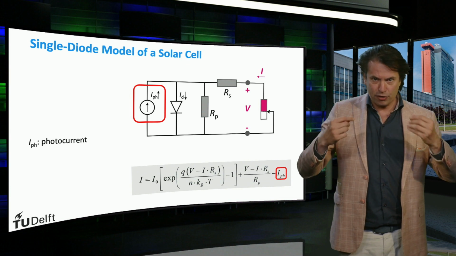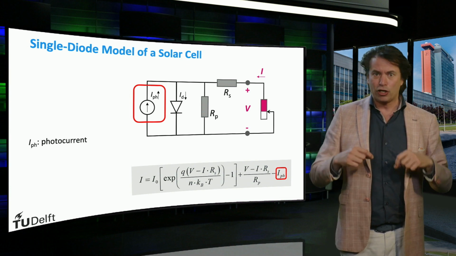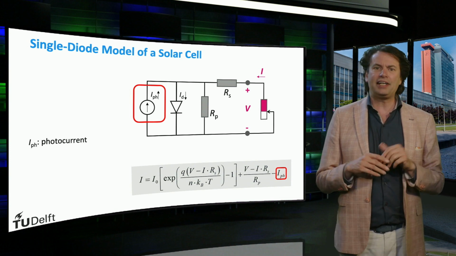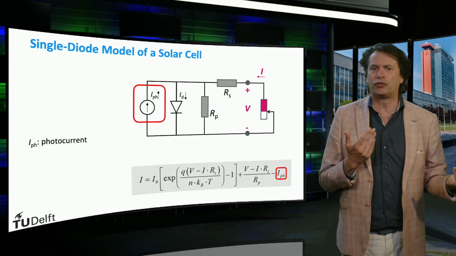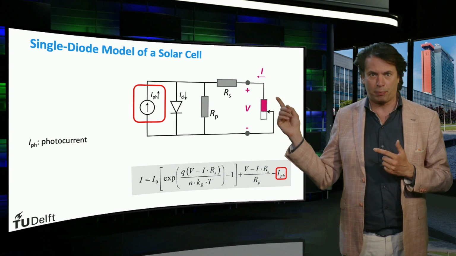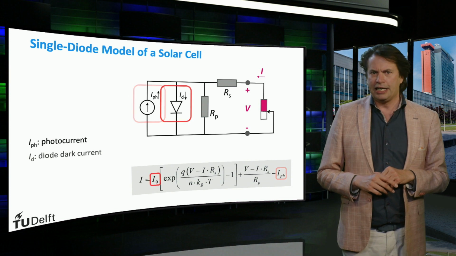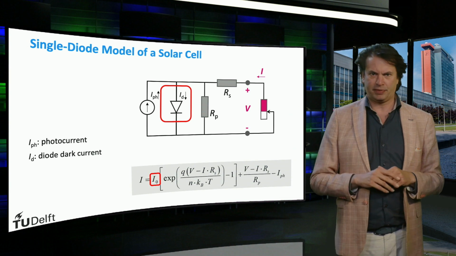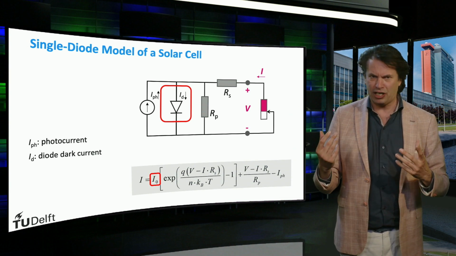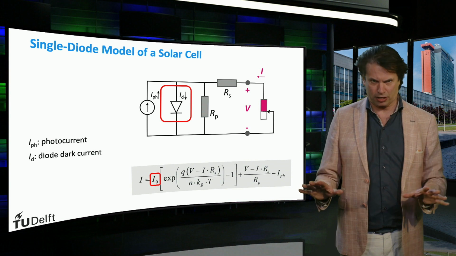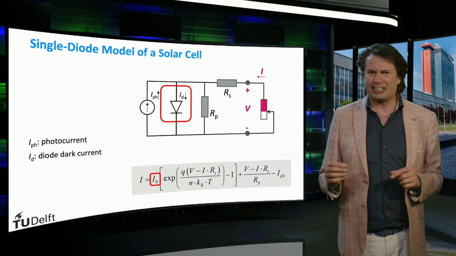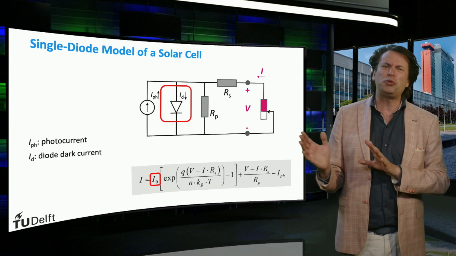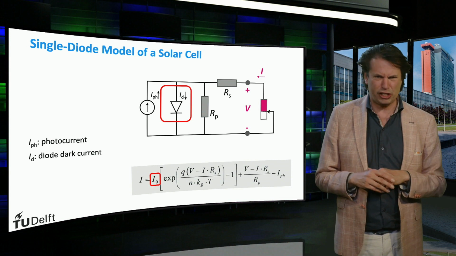This represents the photocurrent generated through illumination, which we call here the I photon. Ideally, we want to pass the photocurrent to our load, represented in purple on the right. Here we see a diode with a current ID passing through it. This represents the solar cell diode characteristics in the dark. You will notice that this current is essentially a sink for the current. Some current will pass through this diode and this current does not reach the load.